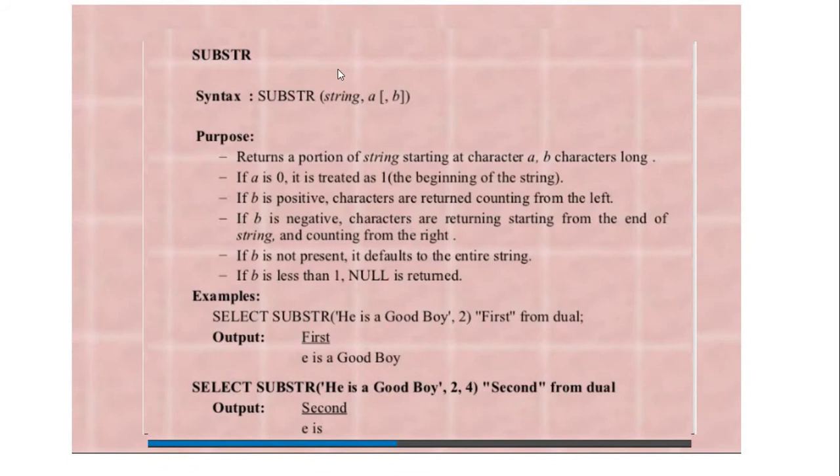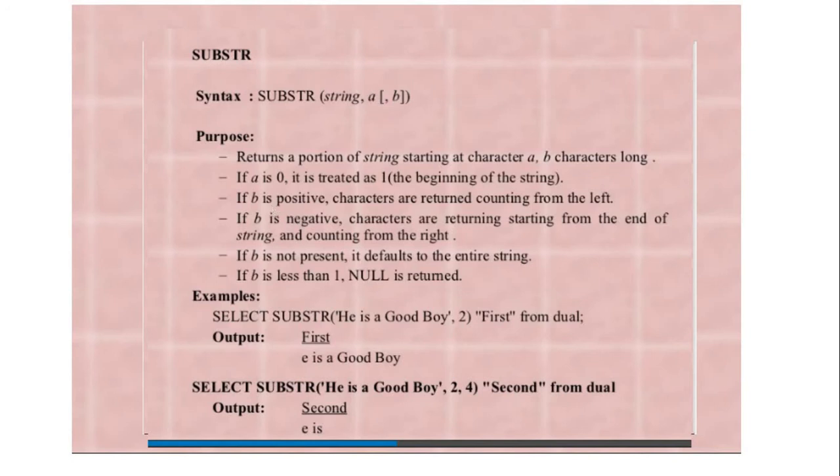Substring function will be basically taking 3 parameters: given string, then the 2 values that are a and b, that are numeric values, where a will be telling us the left or the beginning of the substring to be considered, given as the position or the index of that character, that will be taken as the first character of the substring, and the b will be basically the number of characters that are to be considered in the substring starting from this left position.